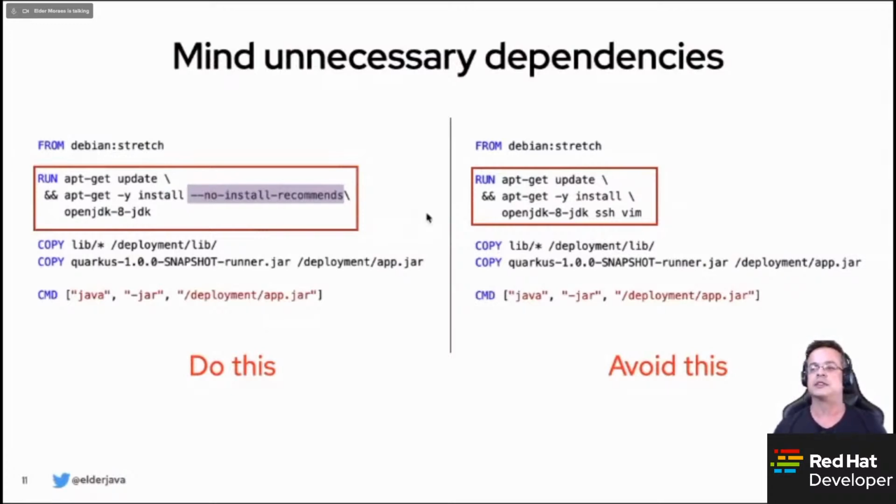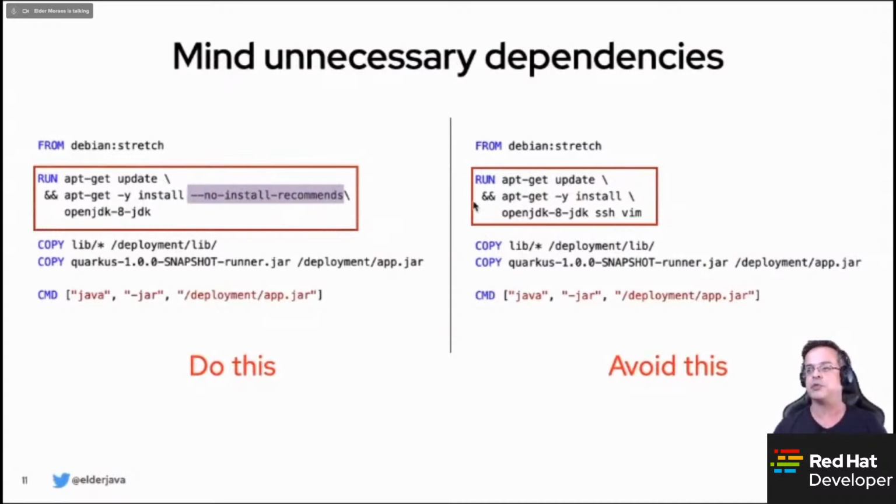For example, when we are dealing with apt-get update and installing, there is an option on apt-get that is --no-install-recommends. Because when you are using the -y here, it will automatically install all the recommended packages for those packages and applications that you are installing. But if you use this option here, you will save a lot of space, a lot of size of your image. So you should really get rid of unnecessary dependencies when installing.